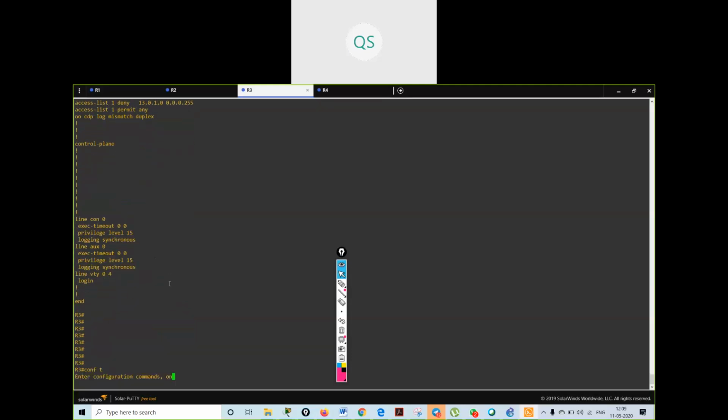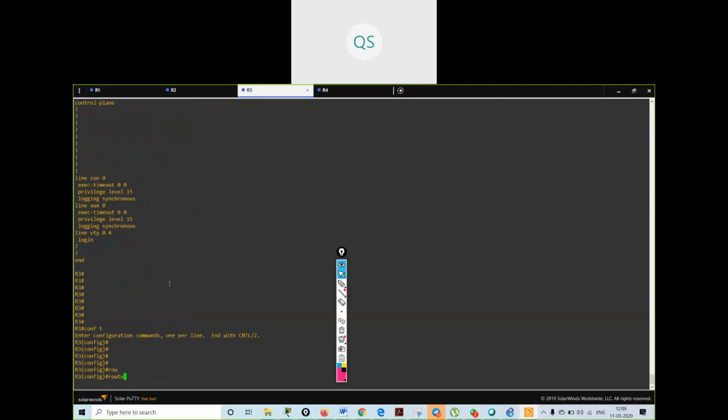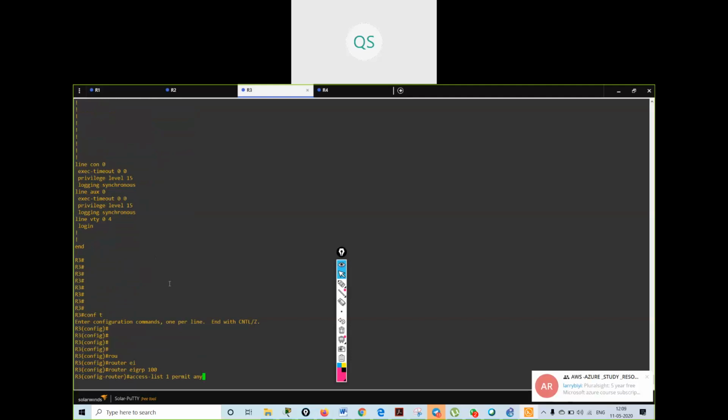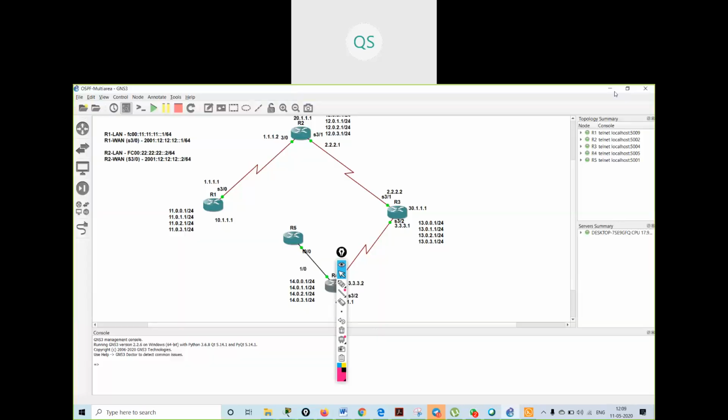If I want that R4 also should not get this, then I will give one more command. I will say, what is the interface that is connected to R4? 3/2.